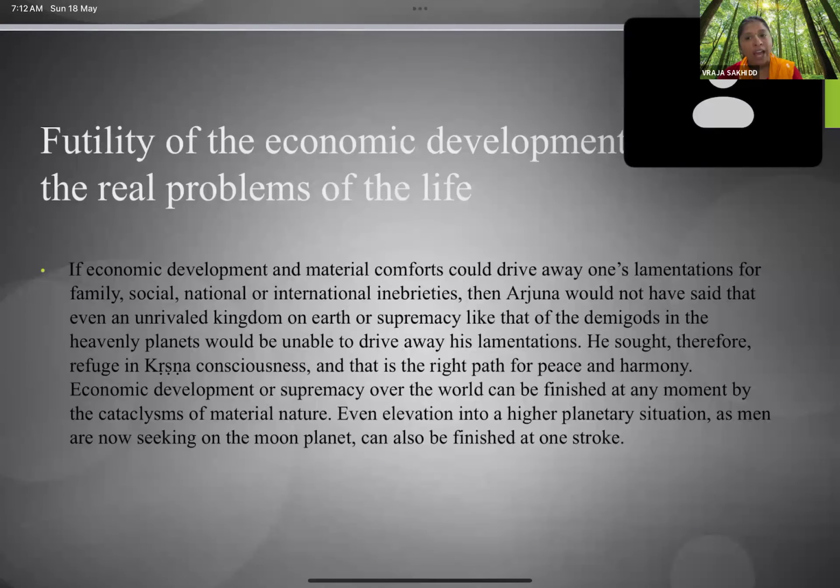Yes, we have time for everything, but we do not have time to understand our real existence. We don't have time to understand who we are. We don't have time to understand how we can come out of the problems of life. When somebody asked Prabhupada, because there was the Indo-Pak war at that time also, in 1971-72,